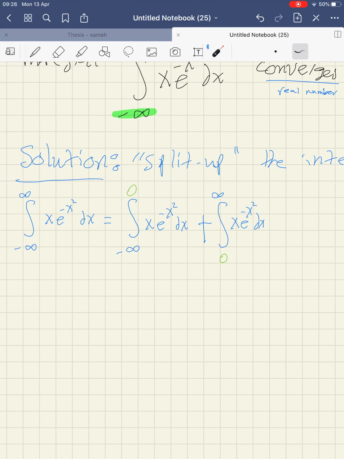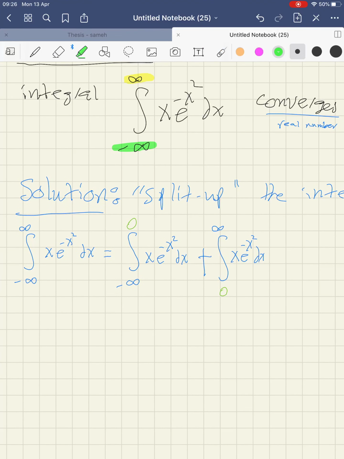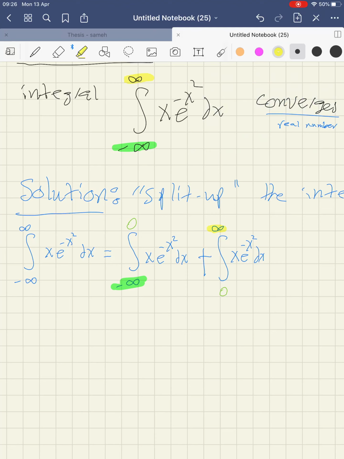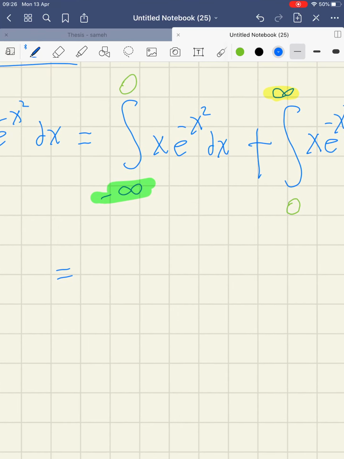Now, if you look at each integral by itself, you would see that here I have only one problem, and in the other integral, I have only one problem. So it's like I will solve two improper integrals, and the final answer I will add. And that's what we will do now. So let me solve the first one, and then we can solve the second one. The first one will be, instead of negative infinity, I will write a to 0, x e to the minus x squared dx,